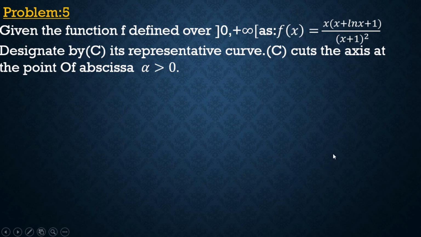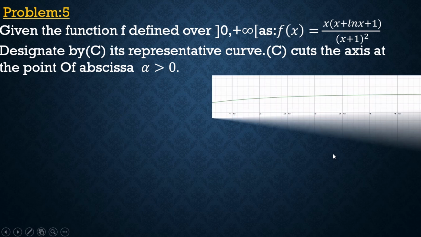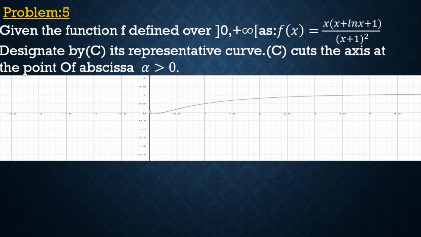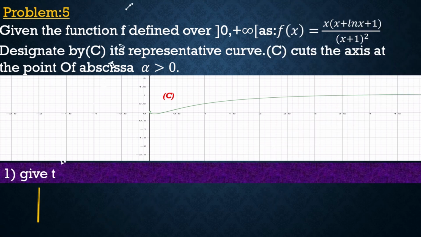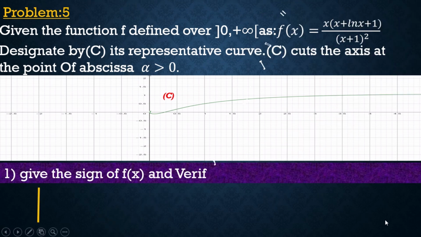Let us see the curve of f. This is the curve of f, and this here is the number alpha. The number is alpha. Give the sign of f of x and verify that ln alpha equals minus alpha plus 1. The sign of f of x